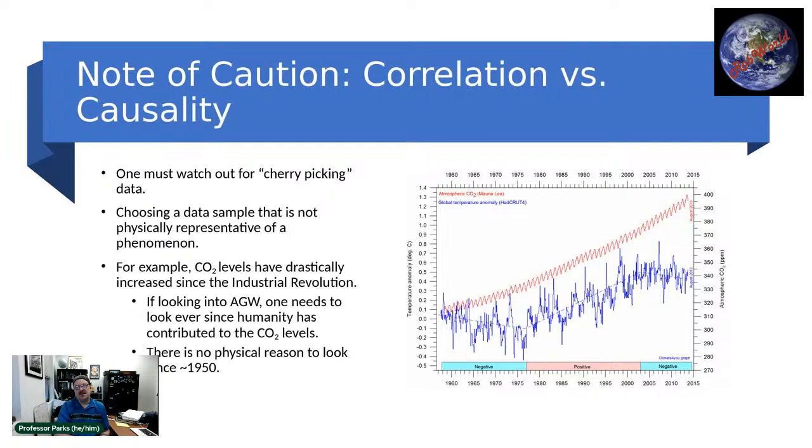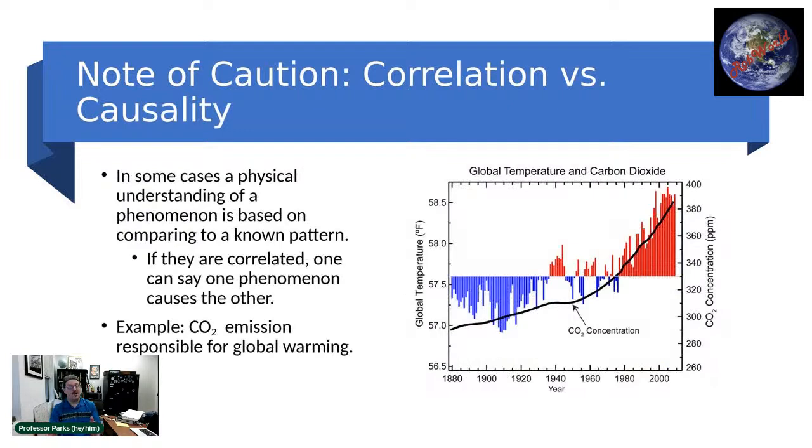This plot starts in 1955. Other than the Korean War, I have no idea what was happening in the world of any significance during that time. And the Korean War certainly wasn't going to be a contributing factor to this discussion. So there's no physical reason to look in that region, for this time range. The only reason to choose this time range is to illustrate that if you look at small time scales, that correlation isn't perfect. But if you look at it over the appropriate time scale, it kind of is.